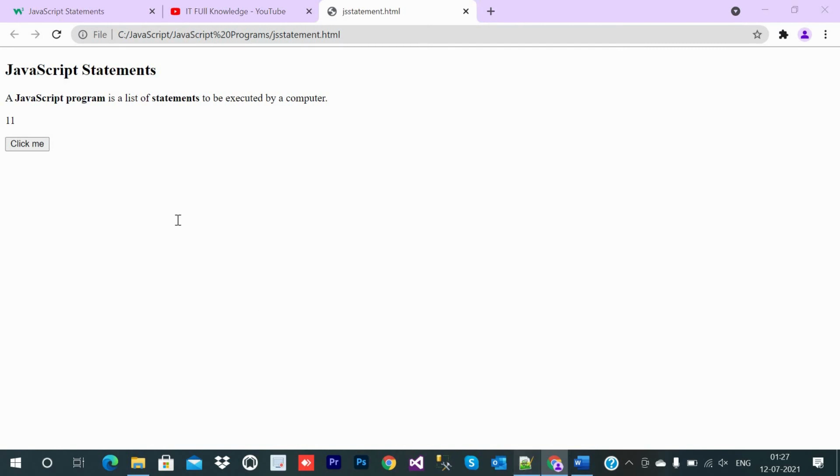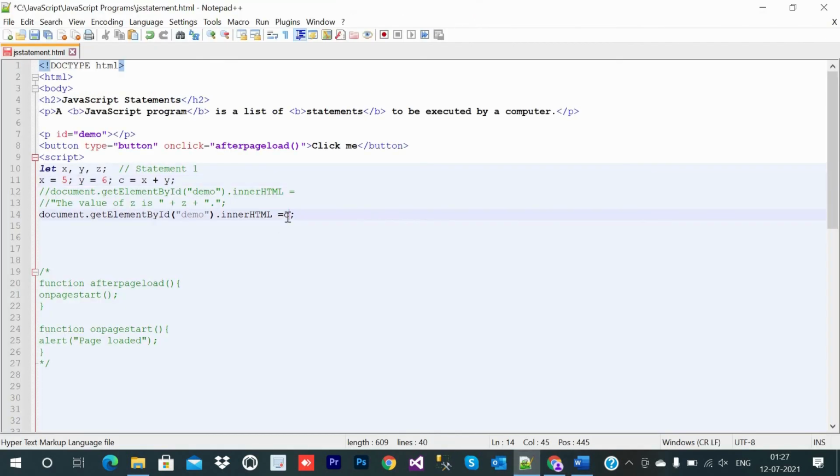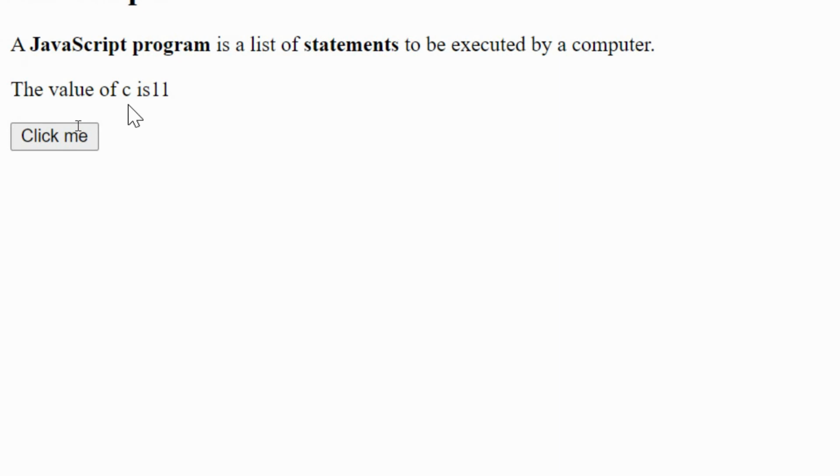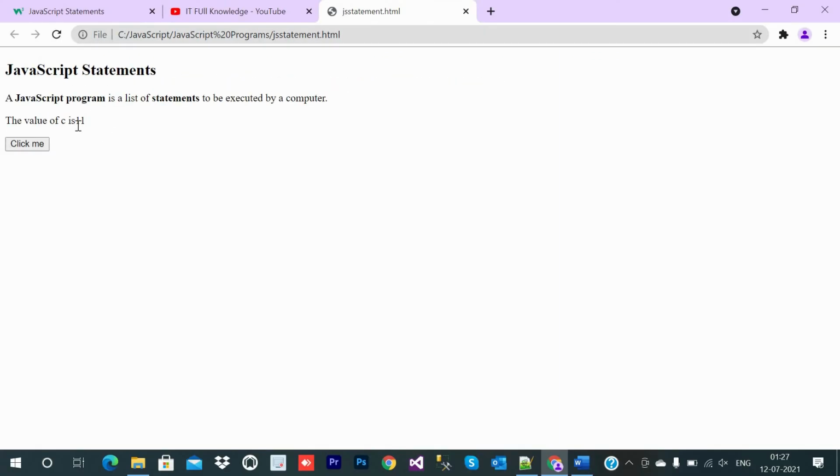Now we will write a string, the value of c is, and concatenate it. I come here and refresh, and you can see what is coming: the value of c is 11. Okay, fine.